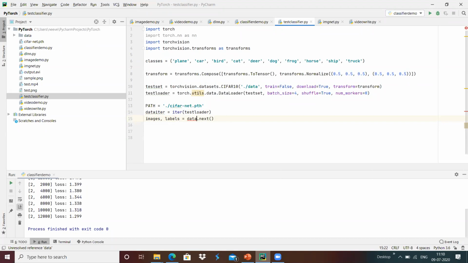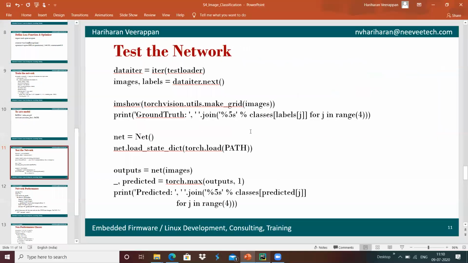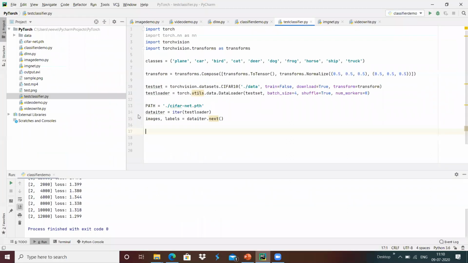We are trying to get the image from the test loader, so we get the output: the next single image, randomly picked from the test data set. And once it is done, I'm going to check what the image is that we have taken over here.